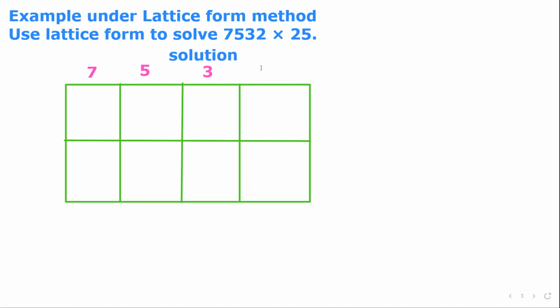Then the last box also belongs to the 2. Okay, good. Then here the first box belongs to the 2, the 25, the first 2, and the last one here belongs to the 5. Okay,